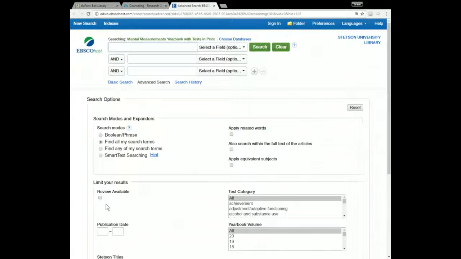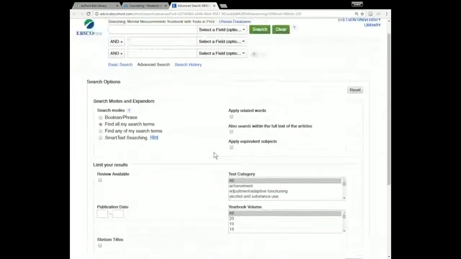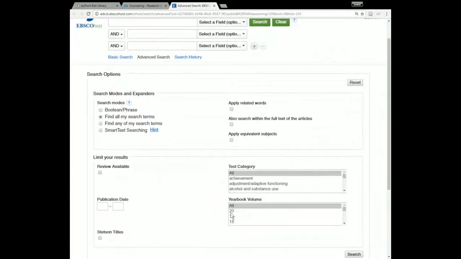As I said earlier, this database has reviews of testing instruments. So if you are looking for a testing instrument on a particular topic, or if you want to know a little bit more about a specific testing instrument, this is a good database for you to use. You'll notice in the bottom right-hand corner, we have a filter labeled test category. This is where you might want to start if you have an issue that you want to test, but you don't know what tests you might want to use. So you can just scroll through this list